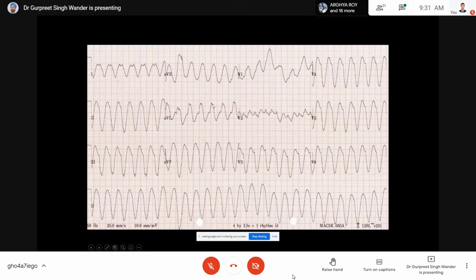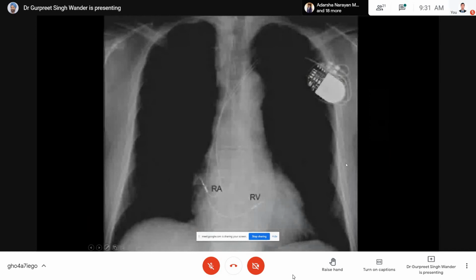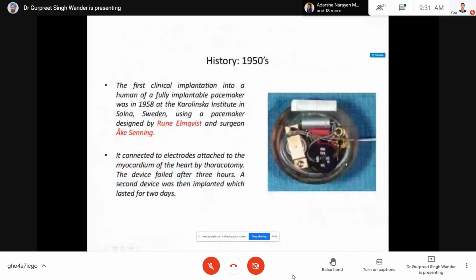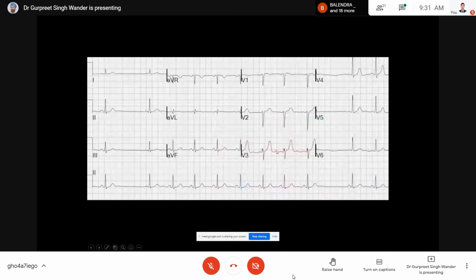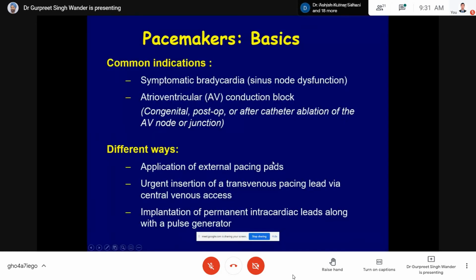Now if you compare this ECG, leads 1, 2, 3, R, L, F, this is a fast rate and a wide QRS. This QRS is so wide. If you compare it with this other ECG, which looks normal, the QRS is narrow and there is a gap, and you can calculate the heart rate.